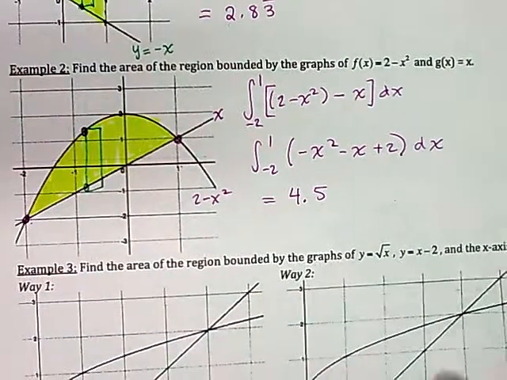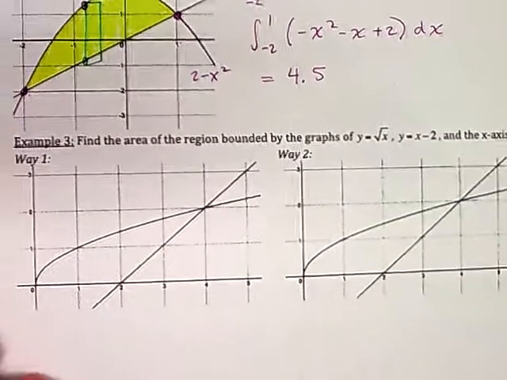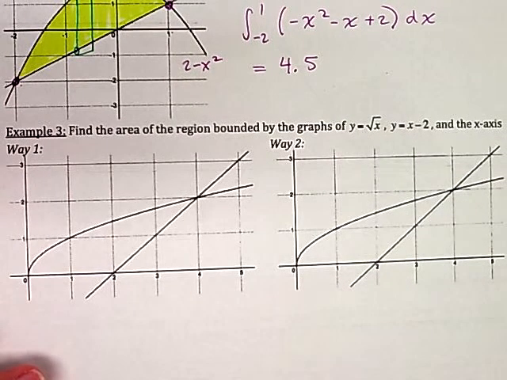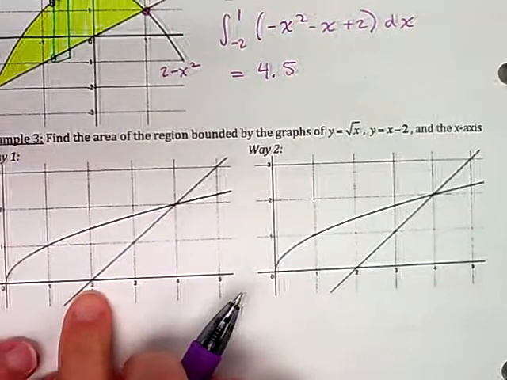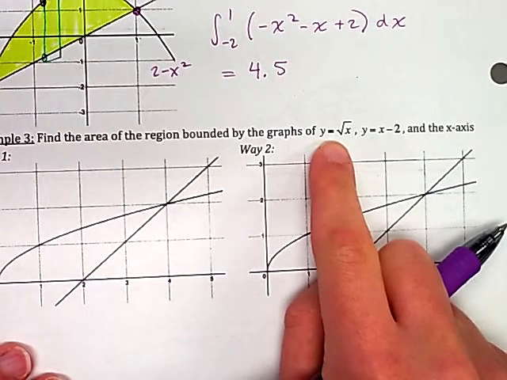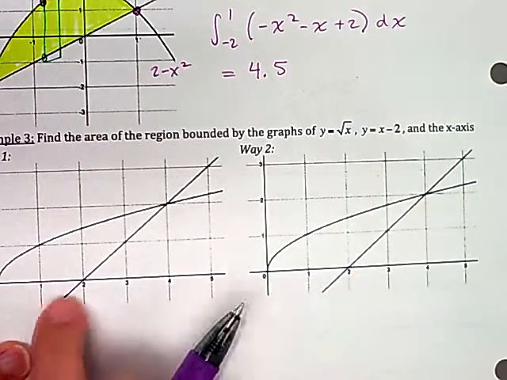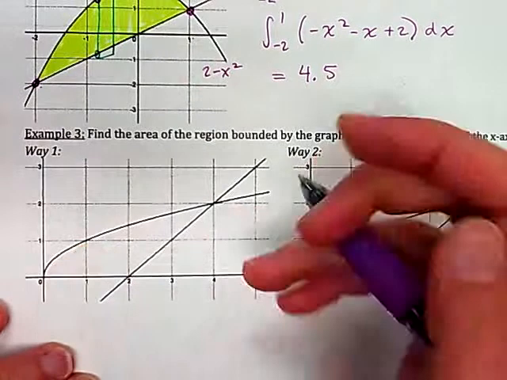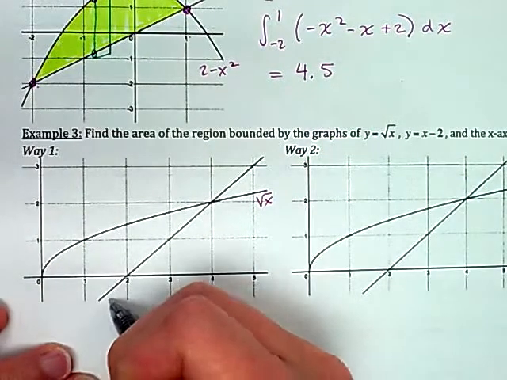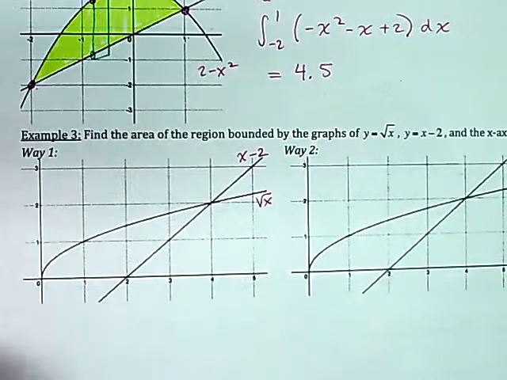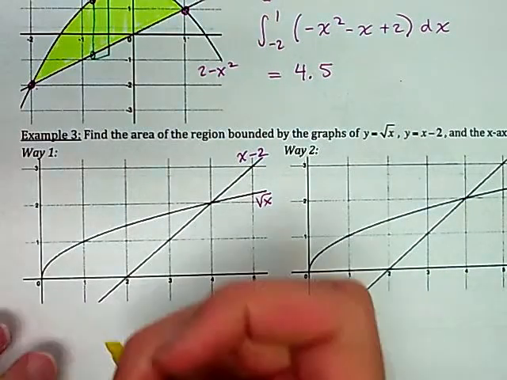Okay, so we have one more problem to look at, and there's actually 2 ways to solve it. We're going to do way 1 right now. I think I'm going to save way 2 for in class. So first of all, let's think about where this region is. It's bounded by the graphs of the square root of x, y equals x minus 2, and the x-axis. So the square root of x is the curve, x minus 2 would be the straight line here, and the x-axis. So if I'm going to shade that region,